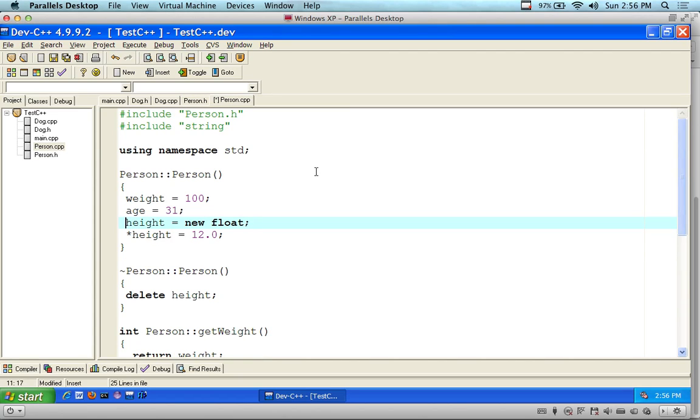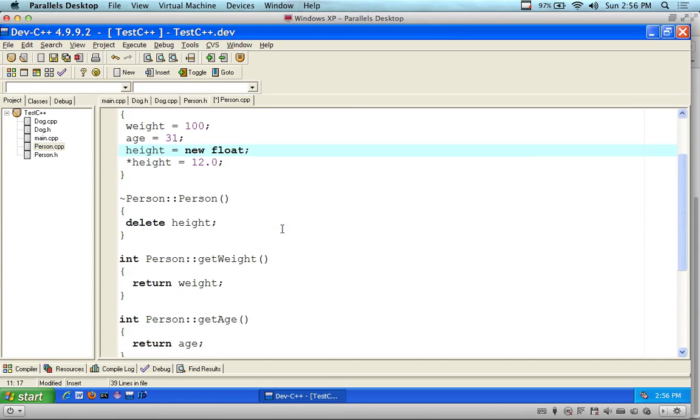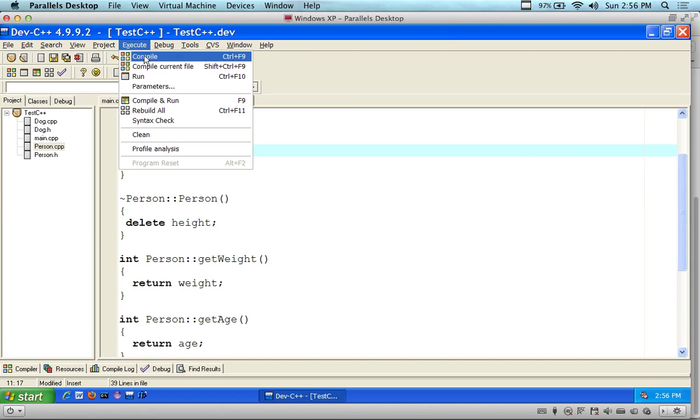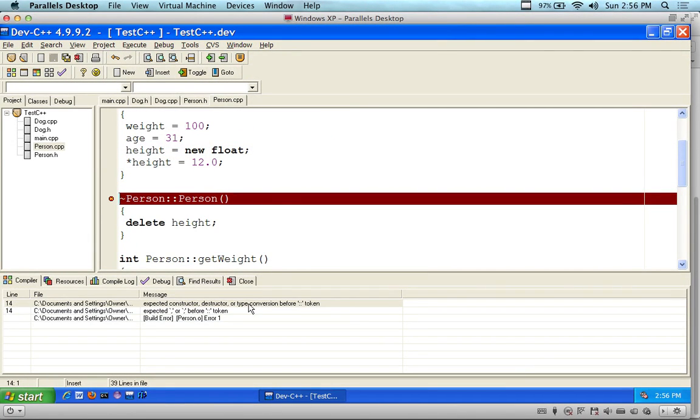In fact, we'll make a person. We'll see it's just used the same way. The age and the weight are going to be normal. It's just this new height. And so if I delete the height, which means when the object goes out of scope, let's see what we've got here. Constructor, destructor of type